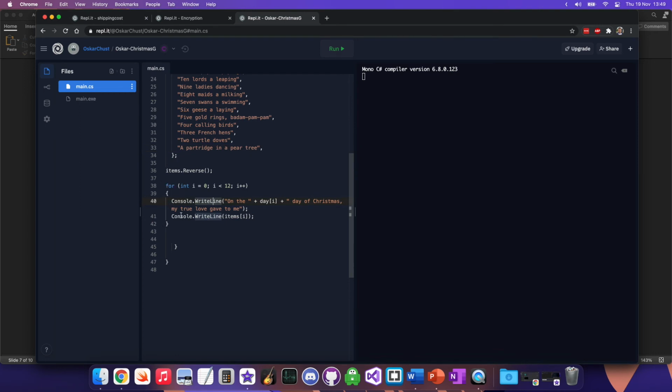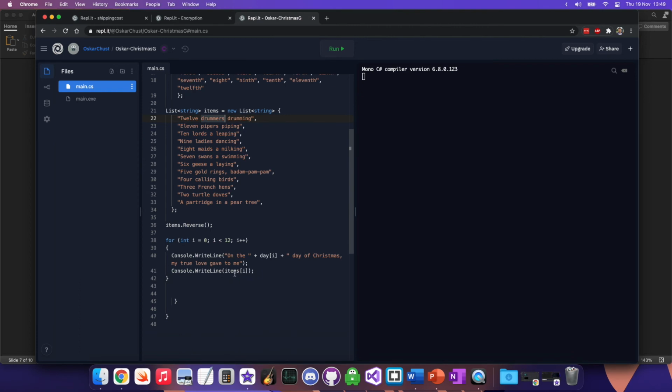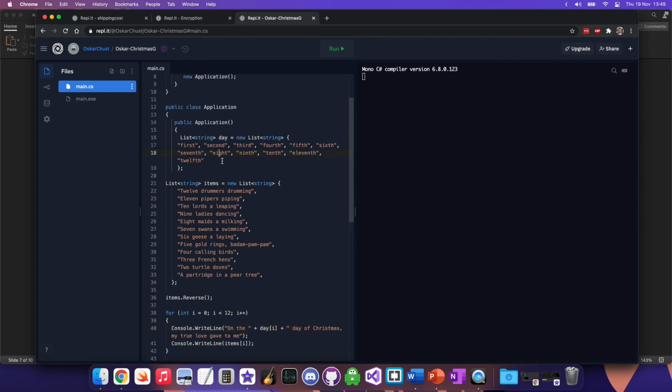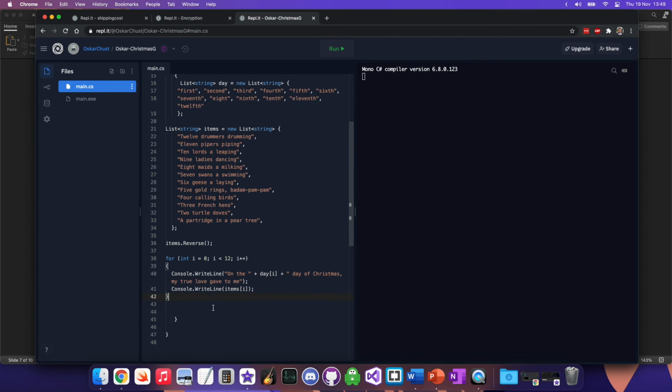And then we've got a little for loop here. So this says integer, and then between 0 and 12, adds 1 each time. So basically what it's saying, it's starting from 0, ending at 12, and then it's moving on to the next line each time. And for each line, it's outputting the day. So one of these, day of Christmas, my true love gave to me, and then it outputs the items one at a time. So if we try the code now,